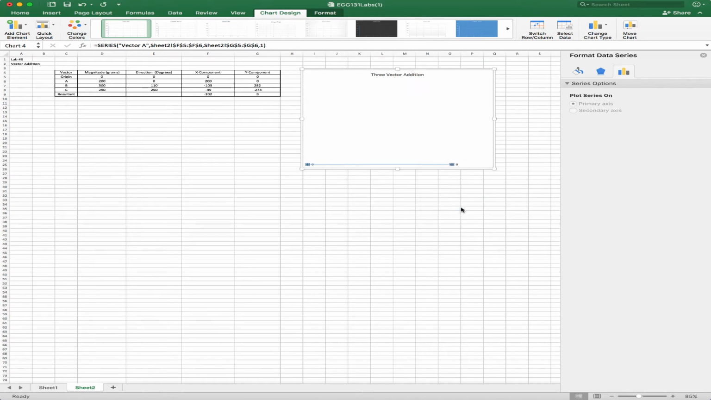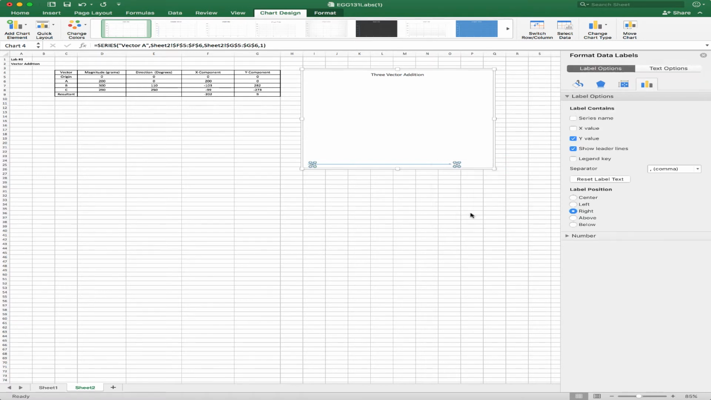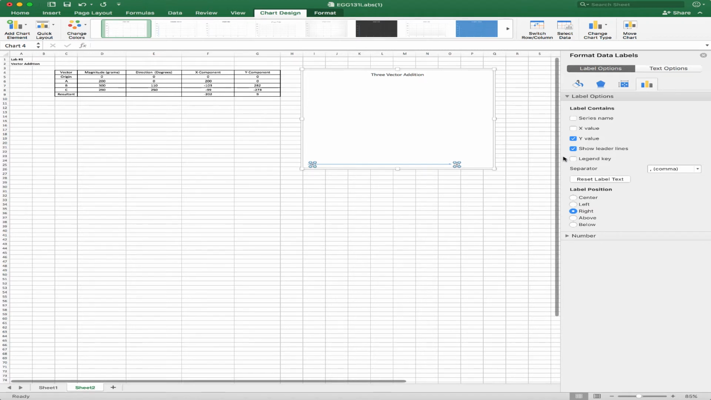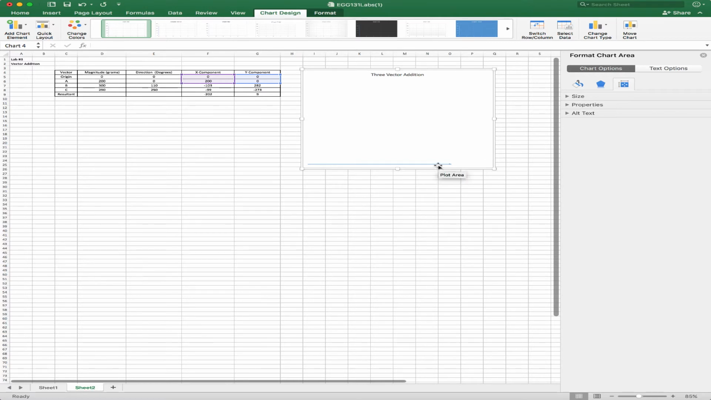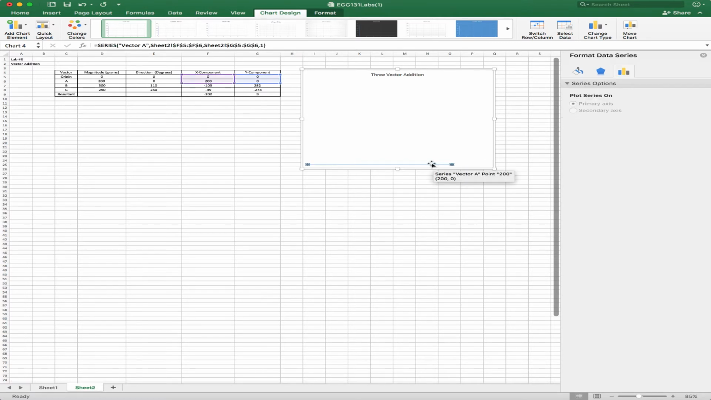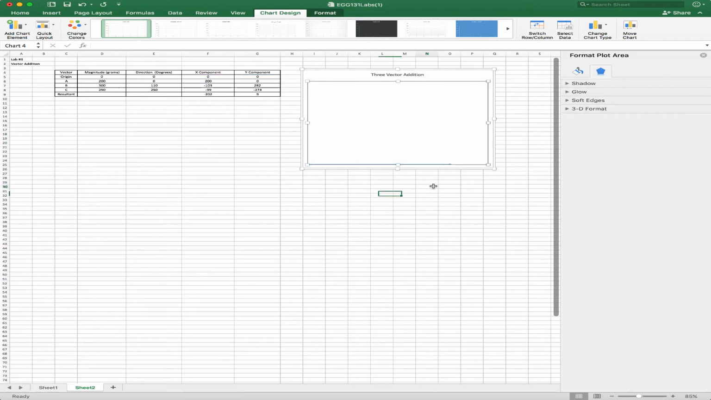And when I do, you see it put a couple of zeros on there. Those are not what I want. So I need to format that. If I click on it again, I should get format data labels. And now what I see is I get choices. I want to kill the Y value, and then keep it selected here, and then I'm going to have to go back again and tell it to